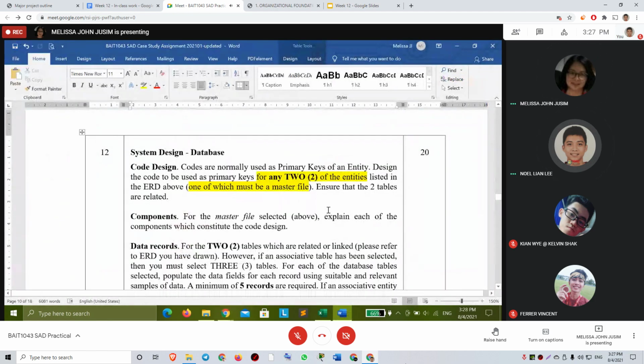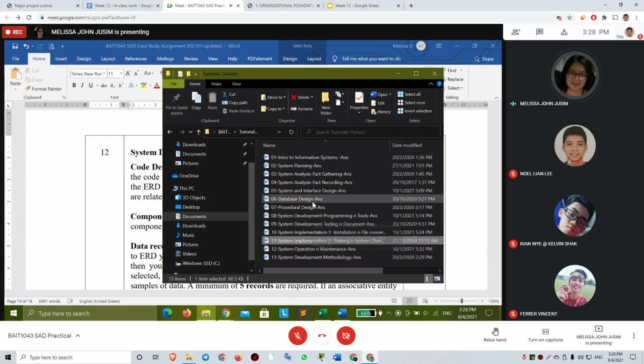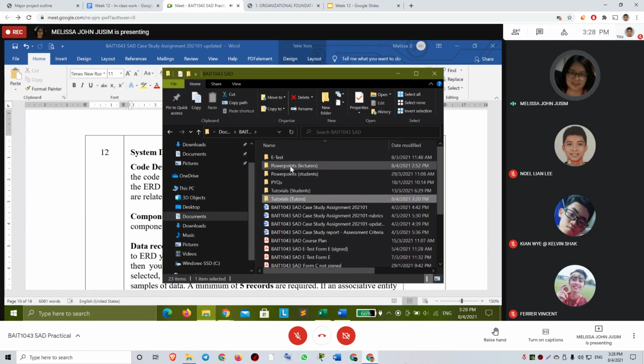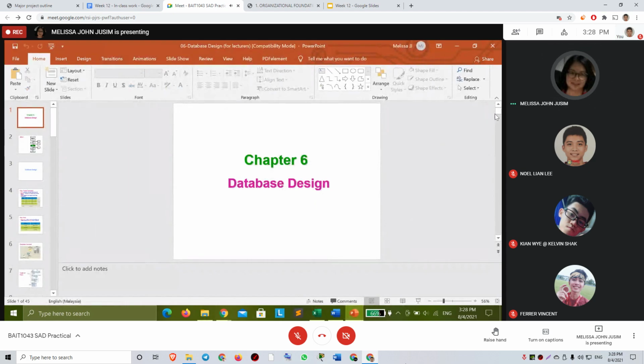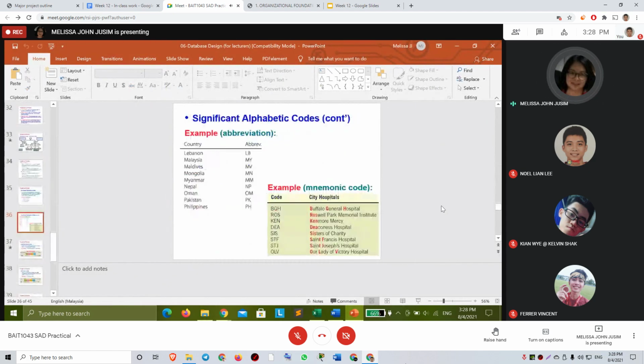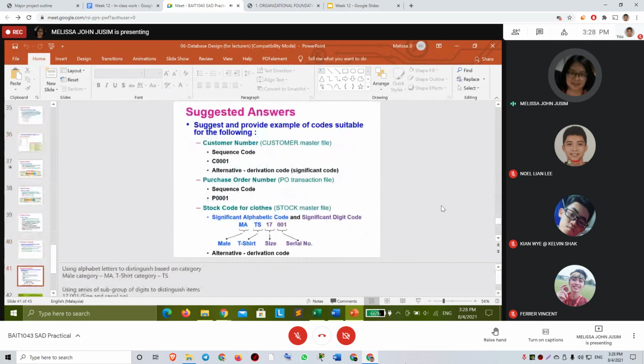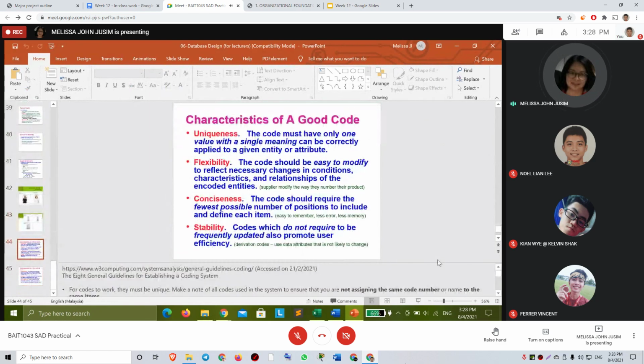Miss, if both are the same, can I? You can justify saying that it is for uniformity, but then there should be a reason. If you go back to your code design, you need to mention code design. Is it in the database? I don't think it's in the database. Is it in the database? Code design. Oh yeah, here. I think towards the end. Then you need to justify